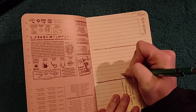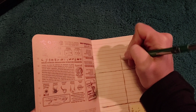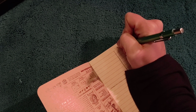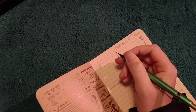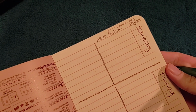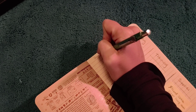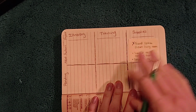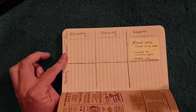This doesn't have to be very exact, but just to keep things kind of in order. So what this section will be is next action. And then this section will be pending. So in other words, each of these areas I need to keep moving forward, so I want to clearly define what my next action